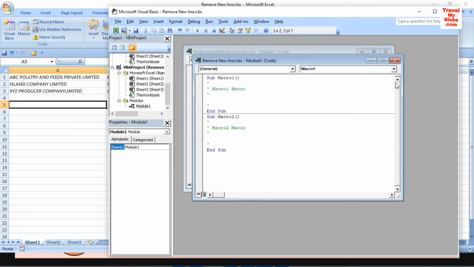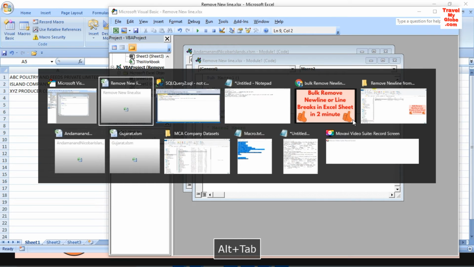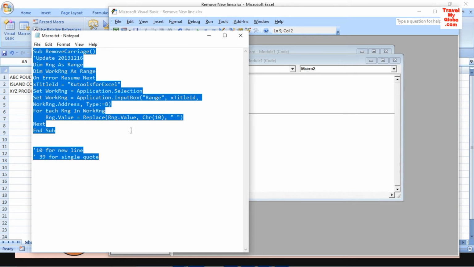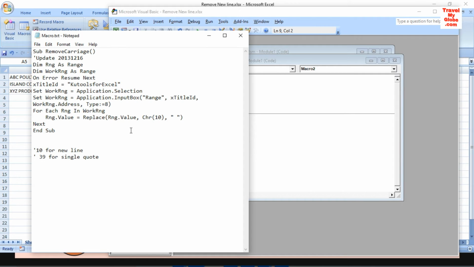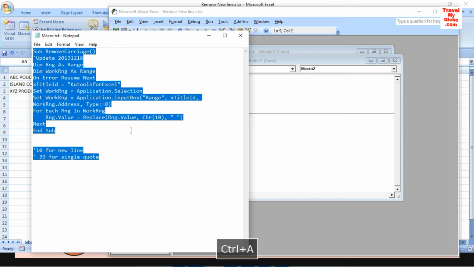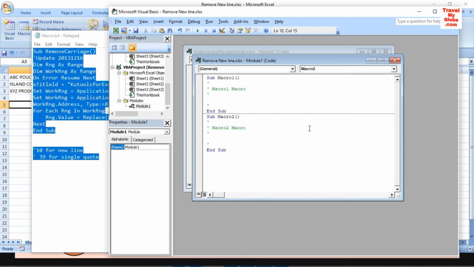Now you have to write some code, which is VBA code. I am going to show you the sample code we need here. This is the code which will remove new lines from your Excel, so we copy it and paste it into our macro.